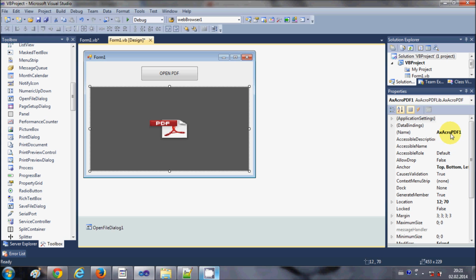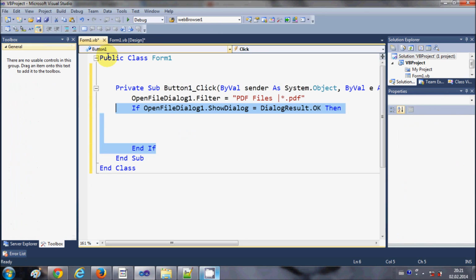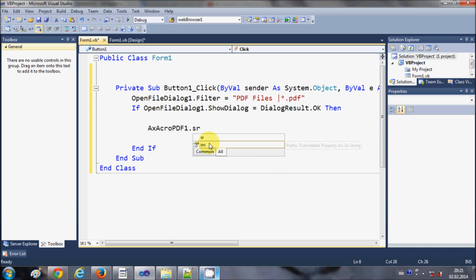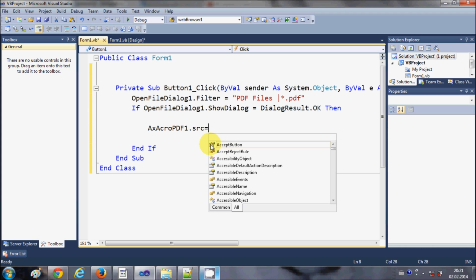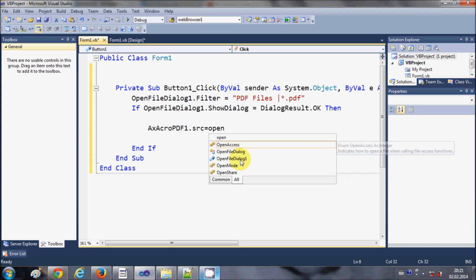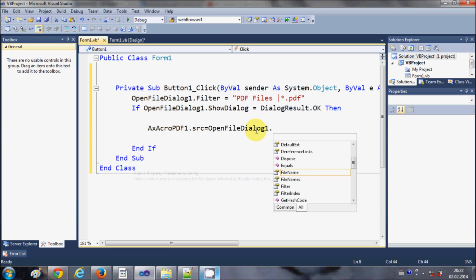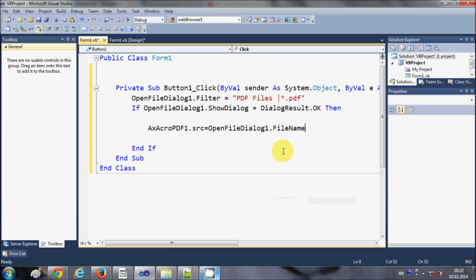The name of the tool right now is AxAcroPDF1. I will just copy this name from here, and I will say this name from PDF reader dot src is equal to OpenFileDialog1, which is the name of my file dialog, dot FileName.